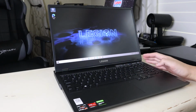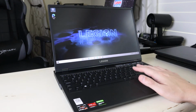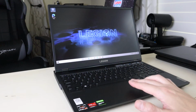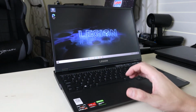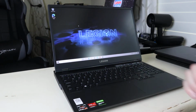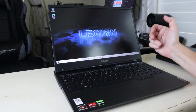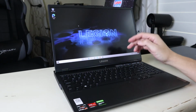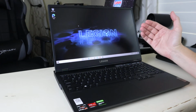There is a full number pad here. You get the full-size shift key, unlike the Acer Predator Triton 300 and the old Razer Blades. Full-sized arrow keys if you use those, and the trackpad is not enormous, but it's not bad. It's fine. It's definitely responsive in just my early testing with it, so that's good to know. And what else? It is backlit. It is a single zone backlighting, and it does have a user